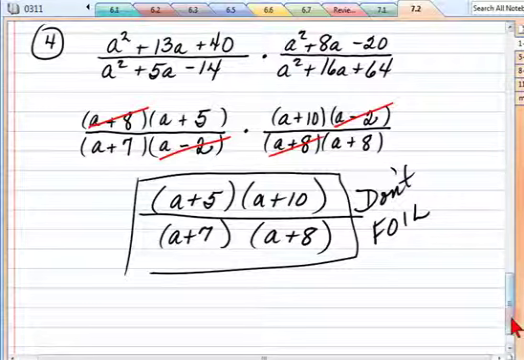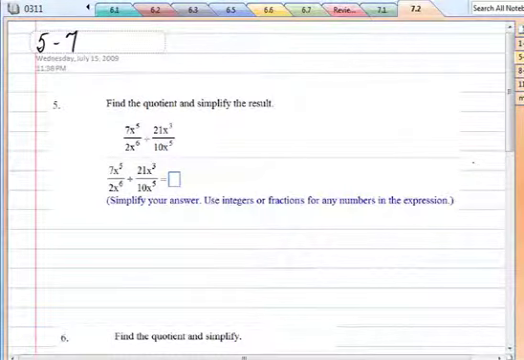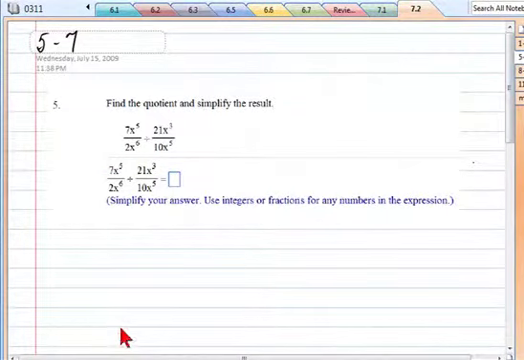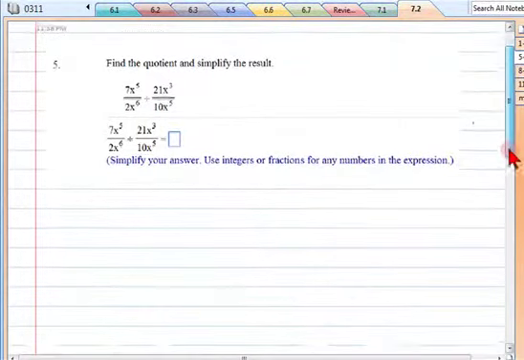All right, let's go. Is everybody okay with multiplication? Yeah. Okay. Let's go to division. Problem number 5. It says, find the quotient and simplify the result. Now, I may need just a little bit more room here. So, all right, the problem is